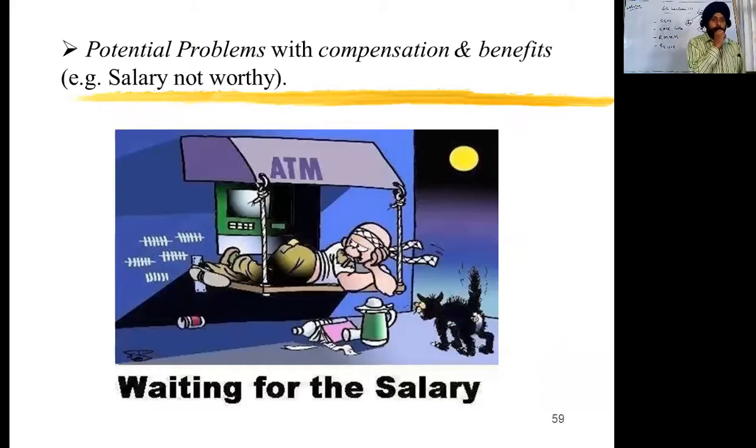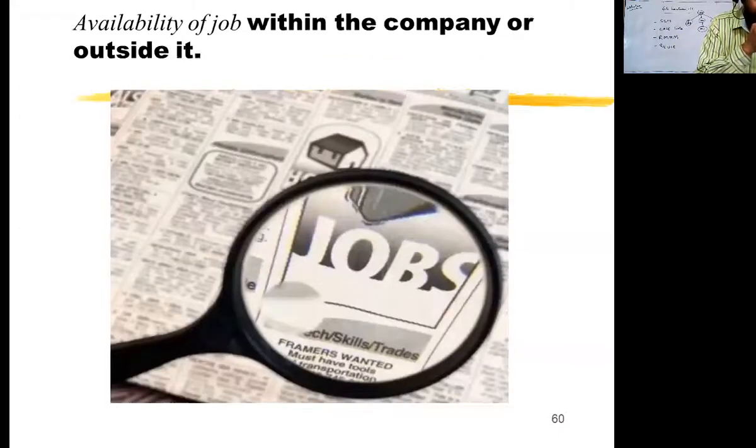Then there are potential problems with compensation and benefits, salary not being worthy. The staff are talking that the salary is not good, and then from time to time the leader should have a talk with the staff about their problems, their salaries, and put this to the higher management, and proper settlement has to be done. So this is all done in the tracking. We have to monitor what the different risks are that can come into your system. These are some examples of the monitoring.